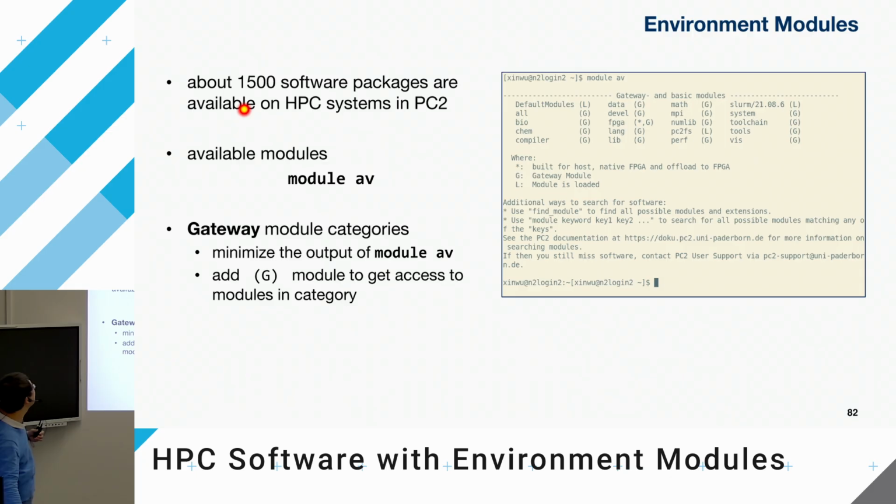Believe it or not, maybe you do not believe me, but please trust me. There are about 1,500 software packages installed on the cluster system at PC2. Really, 1,500 software packages. To look at the availability of those packages, you just use module av, for availability, and then you will see